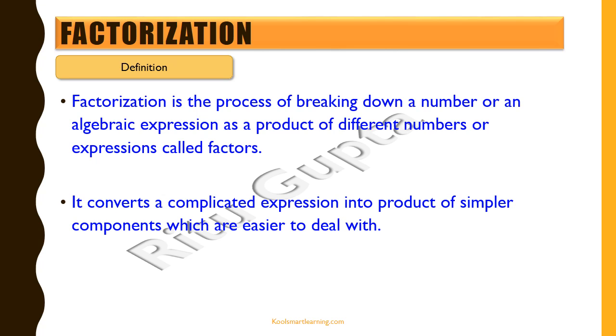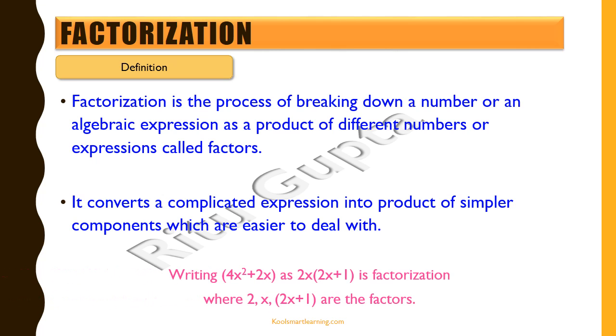Now we've already done factorization in earlier classes. We factorize a number and we find the basic factors which can divide that given number. So similar thing can be done for the expressions also. So for example, we have an expression 4x square plus 2x. Now instead of writing it like 4x square plus 2x, we could also write it as 2x multiplied by